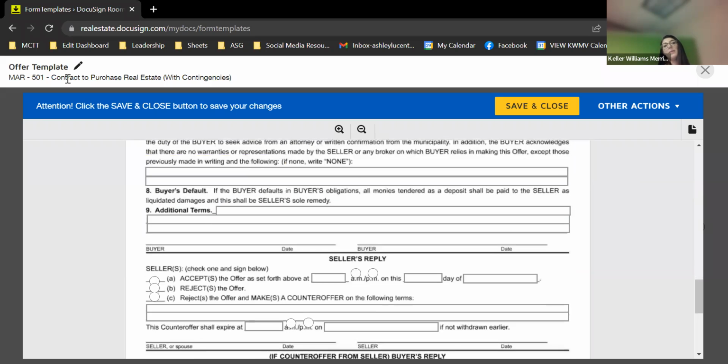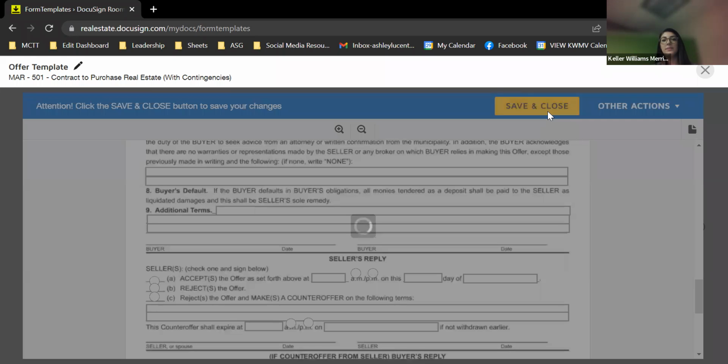And you could make a template for like an offer that is cash or an offer that's a mortgage, and then kind of figure out your additional terms and stuff. So you kind of have like a standard for each type of offer, so you can quickly apply that to your form when you're ready to send it. But I would kind of fill out everything and just hit save and close. And then